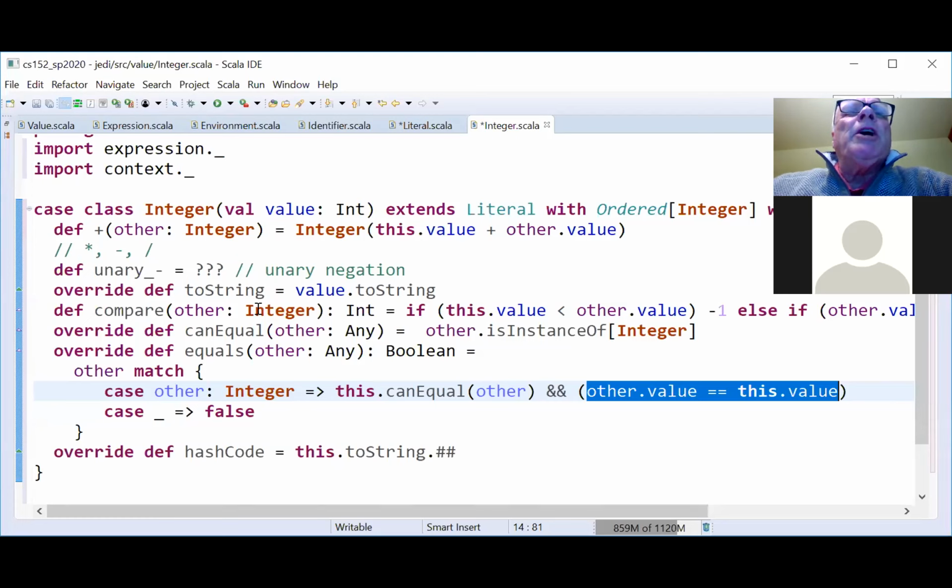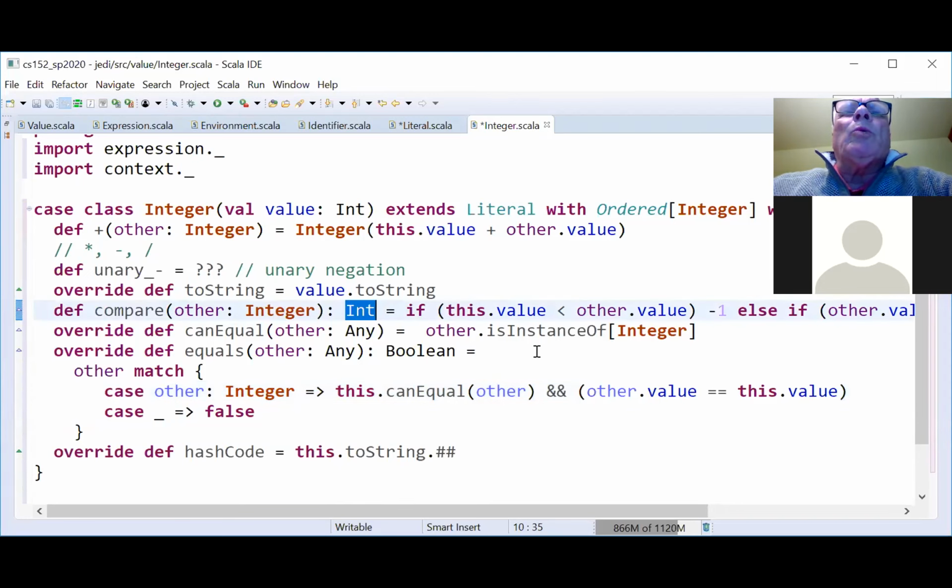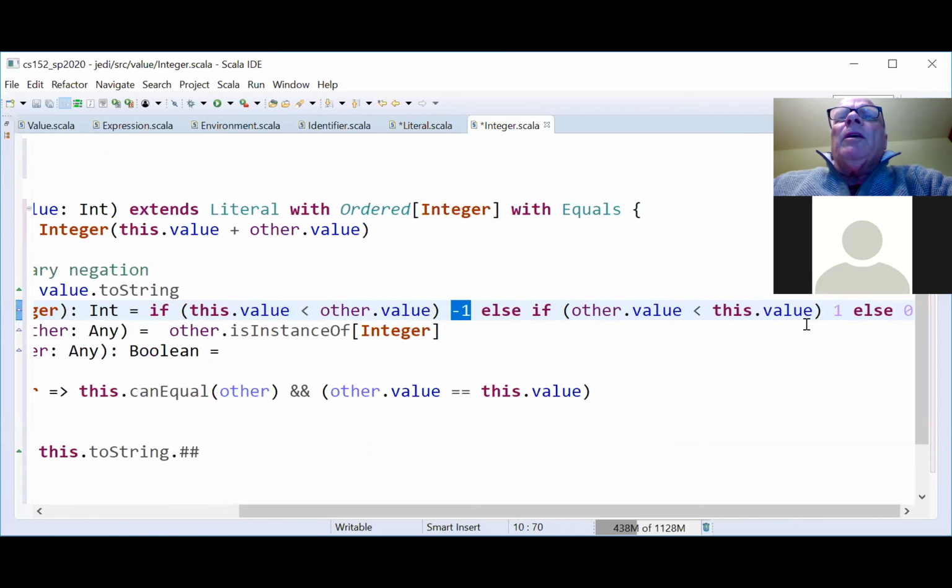Compares with another Jedi integer. And this has to return a Scala int because that's the way ordered works, right? So if this dot value is less than other dot value, if the Scala integers are like this, I return -1, else if it's bigger, I return 1, else I return 0.